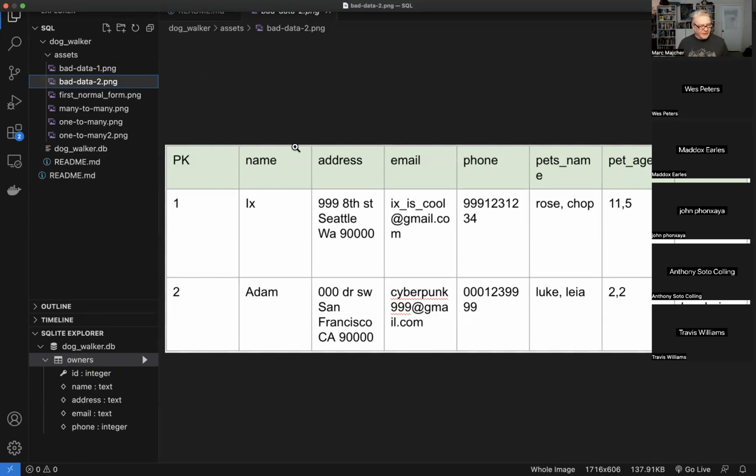This is kind of rule two territory. You can make your database do whatever you want. If you want to put multiple pet names and ages accordingly and pull those out and parse them and make it work, if it works for you, that's cool. It's not going to be as efficient, but that's rule three. It's not going to be as easy to understand. That's going to be rule two.